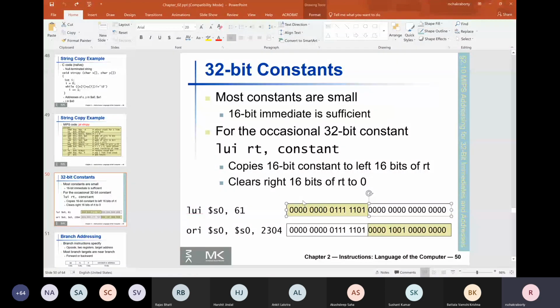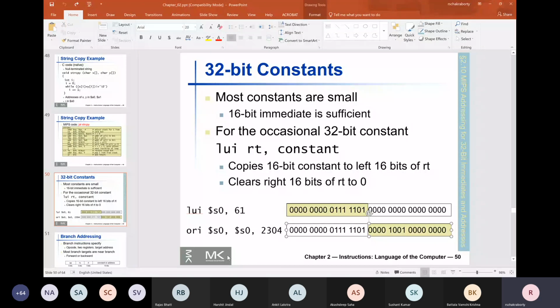They copy on the LSB side, but this copies on the MSB side. Why did it copy on the MSB side? The goal of this programmer is to have this 32-bit value shown here in this final box. He wanted to store this value.